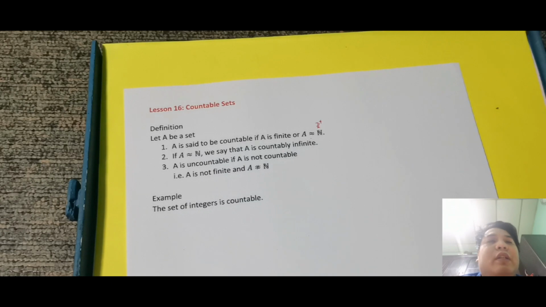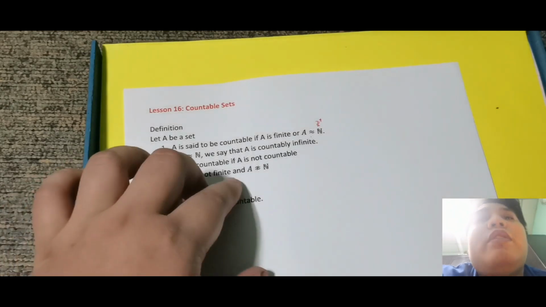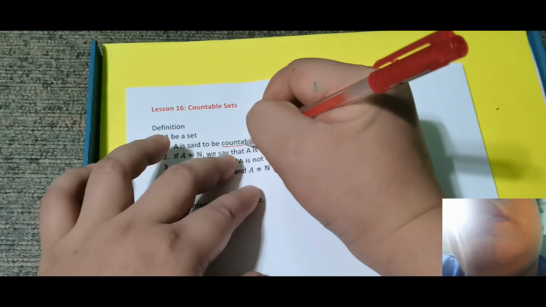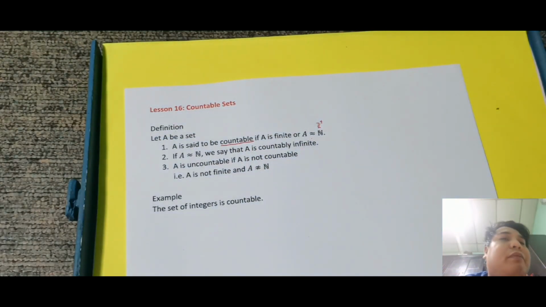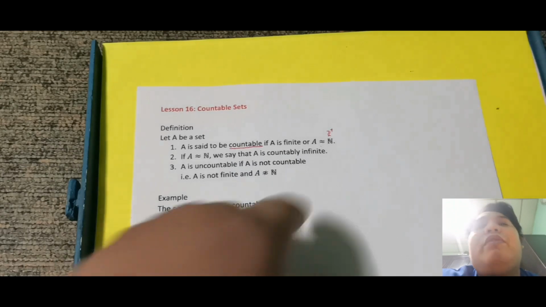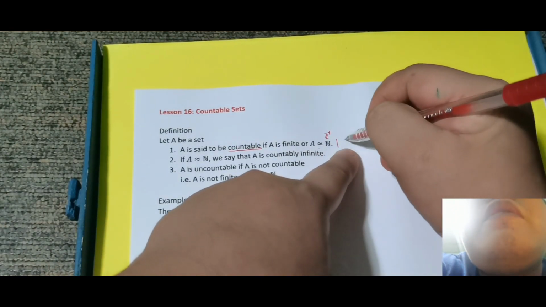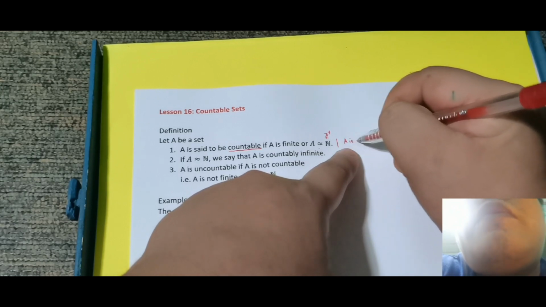Okay, so ulit, A is said to be countable if A is finite. So meaning, nabibilang mo yung laman. So tandaan mo yung word na countable. So we say that A is countable, una, if A is finite. Meaning, kaya mong bilangin. Next, if A is numerically equivalent to natural number or the set of positive integers. Ano ibig sabihin pag numerically equivalent? So redefine ko lang to. Pwede mo sabihin countable siya. A is countable